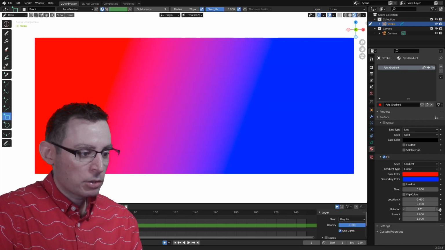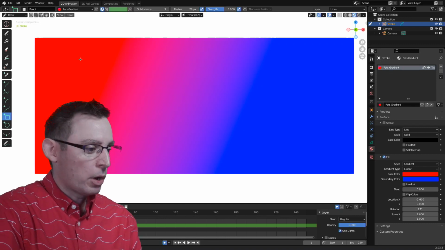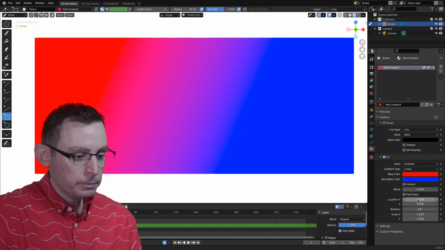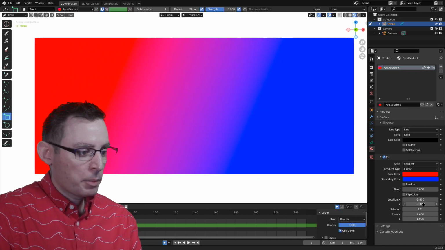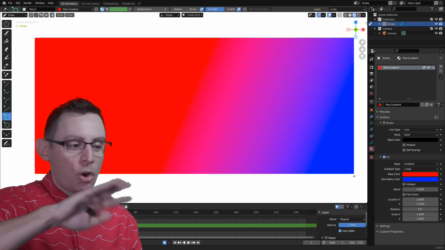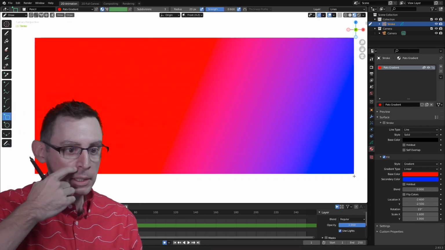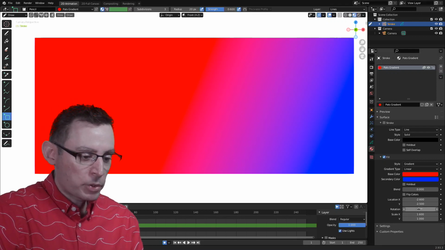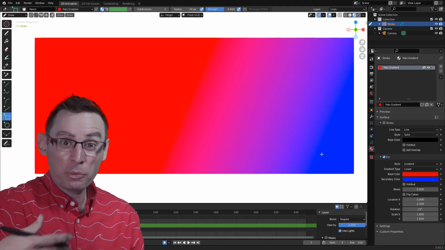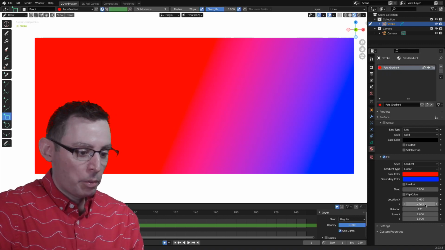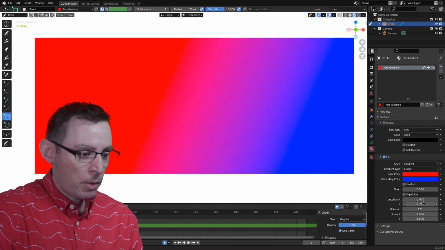Maybe the rotation is where we want it to go from the top to the bottom. So I'm going to rotate it, and then I'm going to bring it down. Now the rotation is almost always going to be off screen inside of our three-dimensional universe. So what I do to combat that kind of 3D problem is that I rotate it a little bit, and then I move it down. That way I always have the line inside the screen.